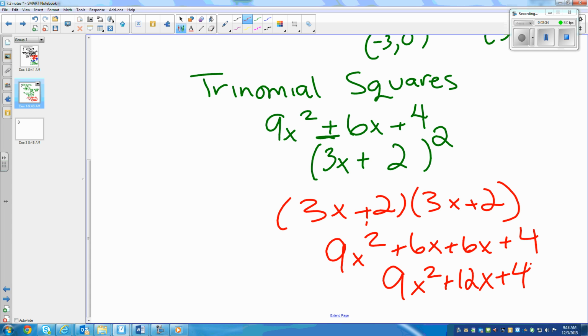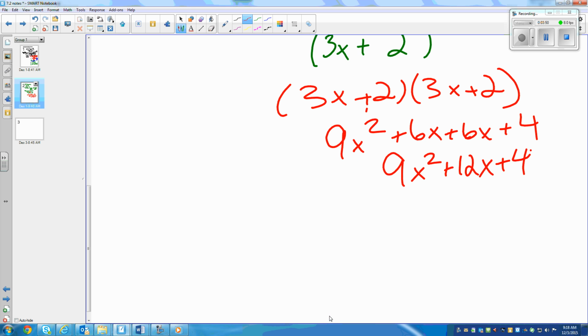So when I started, I was wrong. You have to double that middle thing. That should say 12x. Okay? So let's come up with one more trinomial square that I know what I'm talking about now. So, what's a perfect square? Like 16x squared. And what's another perfect square? 25y squared. And then 4x times 5y is 20xy. So double it will give me 40xy. So if I put negative 40xy,